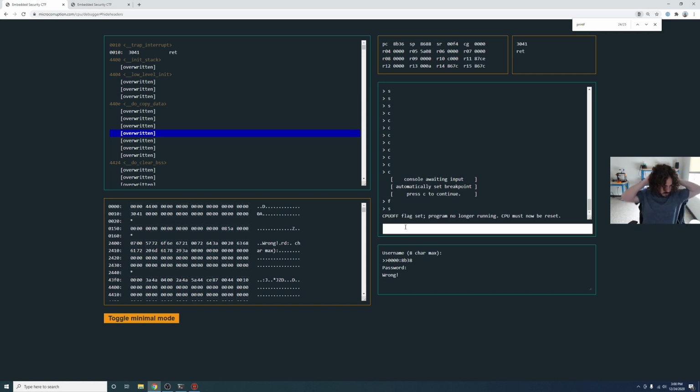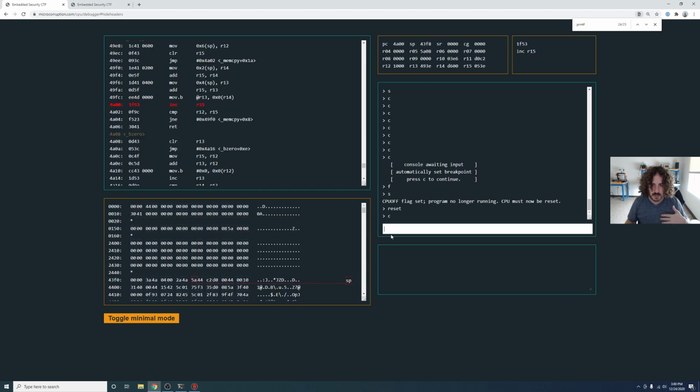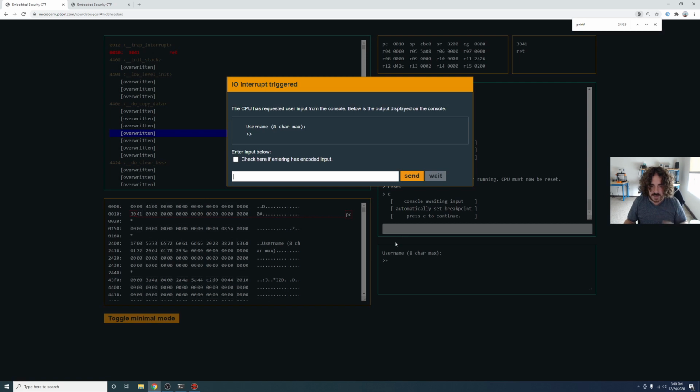All right, so it doesn't have the format string vulnerability in the password. So we know that it's just a straight up stack overflow because we never end up printing out the password that we entered. So we can do something pretty easy here. So I'm gonna reset. I'm gonna continue, get ourselves into a known good state. And we're gonna leak the address,